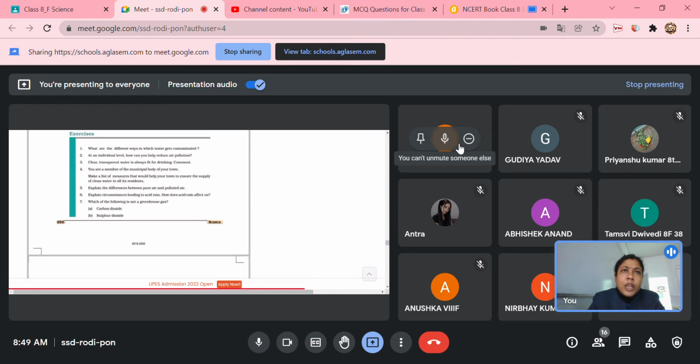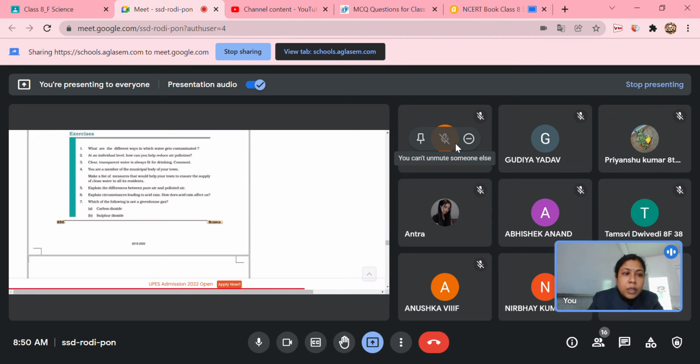For very short distances we can use our cycle, because that will be helpful for our health and also for our environment. It is very friendly because it doesn't release any kind of pollutant. Yes. In most developed countries, if you go to the European countries, even educated people go to their office by bicycle or sometimes walking. They don't use a vehicle. They know the actual knowledge is not that you come out of a very huge car. That is not the thing. Your status is how aware you are, how much you are contributing to your environment, how much you are making it free from pollution. So yes, very good. Any other?